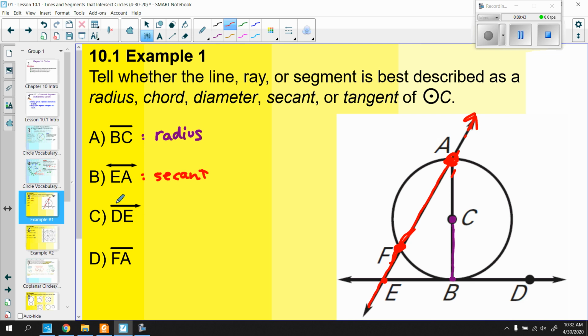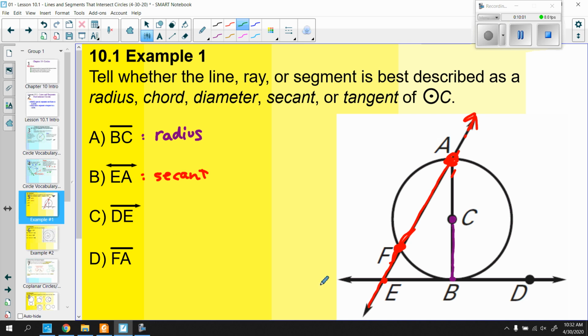Ray DE, now DE, like with a line, this could be multiple things. It could be a secant. I guess a ray could be either a secant or a tangent. Chord, a segment, you've only got a couple different options: radius, diameter, or just chord. All right, so let's